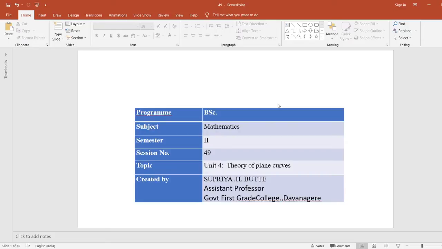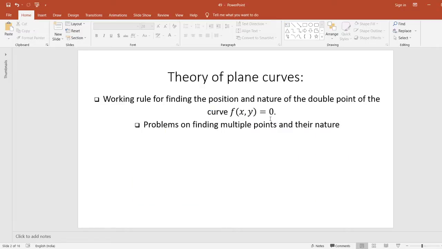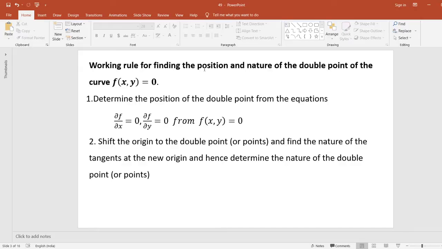In this session, we discuss the second semester Unit 4 topic, theory of plane curves. In that one, the working rule to find out the position and nature of the double points and problems on that. Working rule for finding the position and nature of the double point of the curve f of x comma y